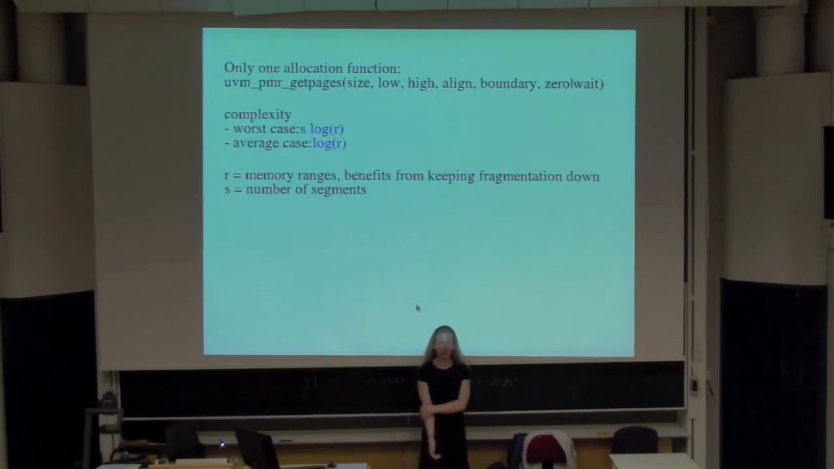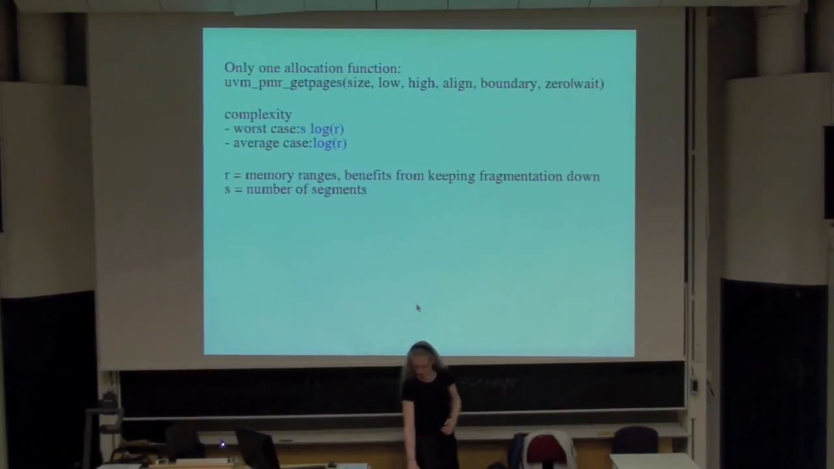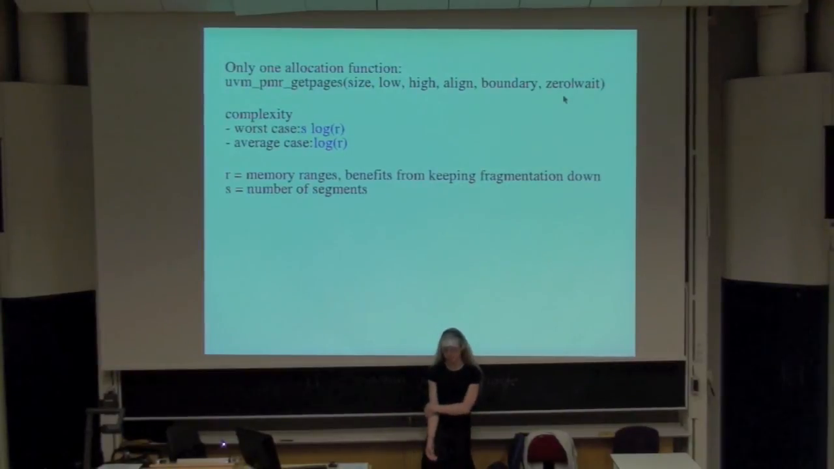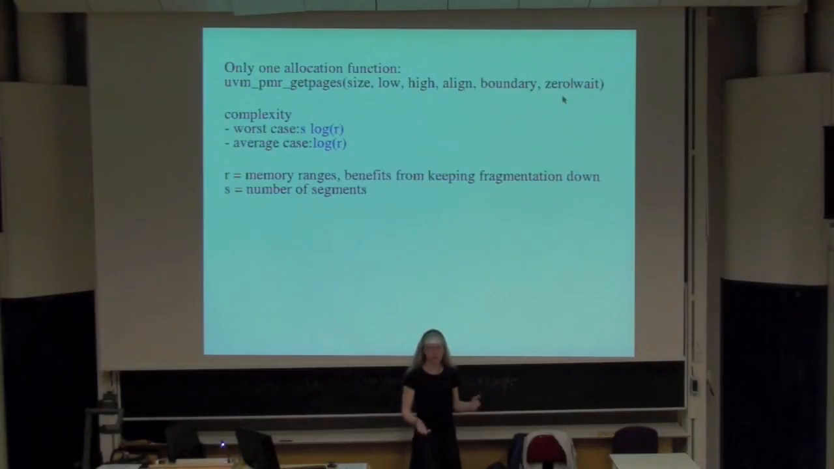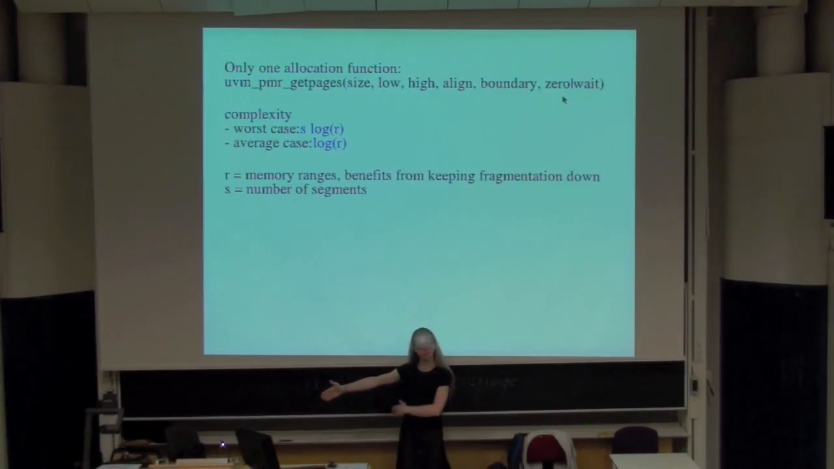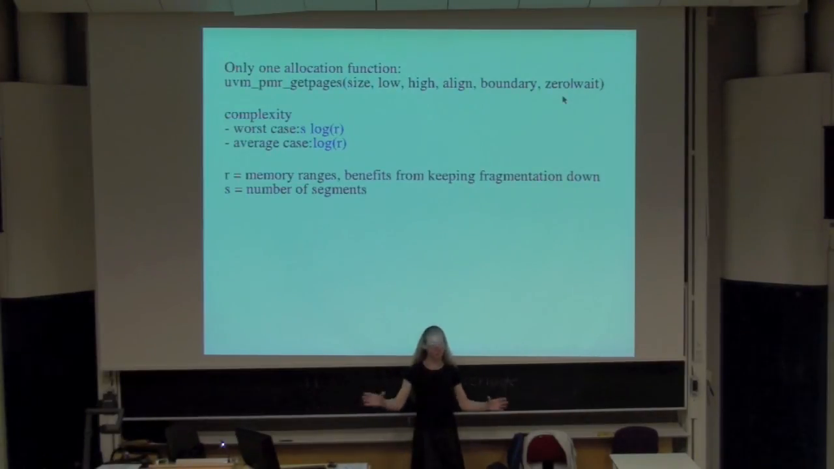The PMR range only has one allocator. It's called uvm_pmr_getpages. As you can see, it has the same arguments that the pg_list_alloc in the current implementation has. It has a size, low boundary, high boundary, alignment, the boundary condition for the memory, and the flags. And when we just want any page, we can set low to 0 and high to the highest physical address that we support, and we will get the page from